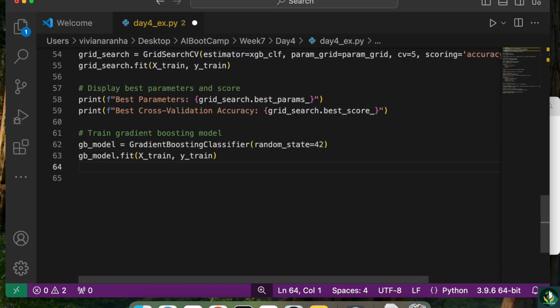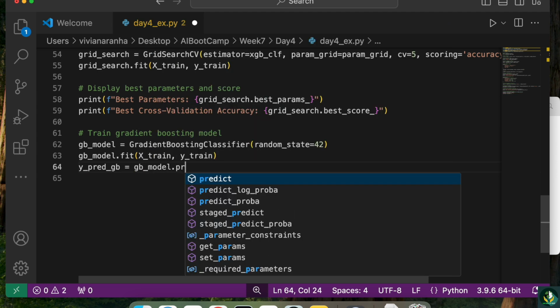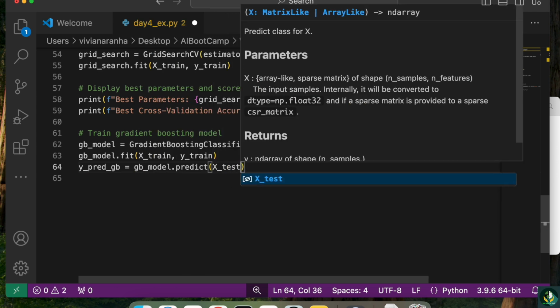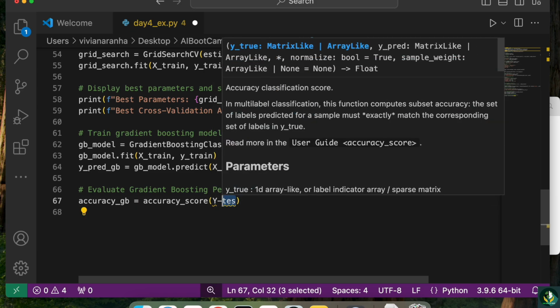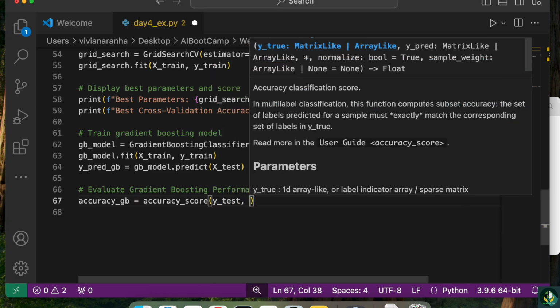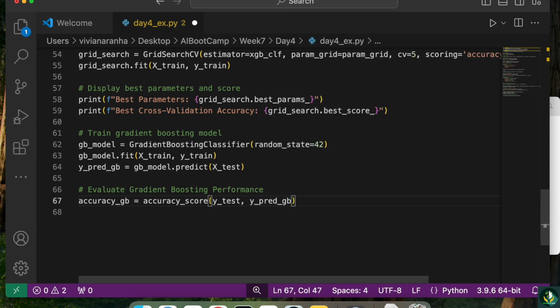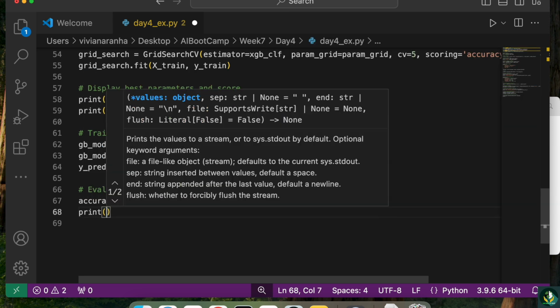So we have the model trained. Now let's go ahead and get the predictions. y_pred_gb equal to gb_model.predict and give it the dataset X_test. Now let's go ahead and evaluate the gradient boosting performance. To do that, I can say accuracy_gb equal to accuracy_score and pass it y_test and y_pred_gb, and then I can now print the